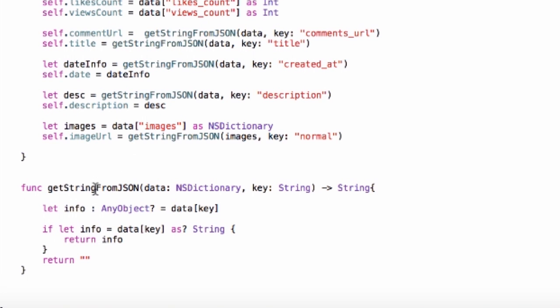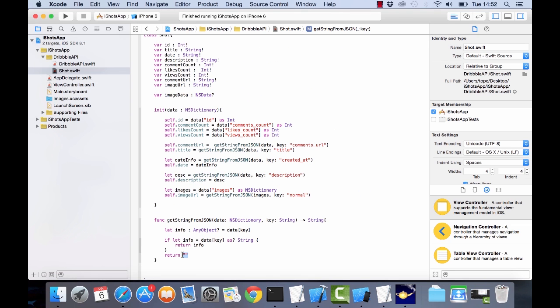So this is a simple helper method that actually goes into an NSDictionary. It checks using Swift, right? So it goes in here and checks if there's information in that key, right? So we're going to have a key. If there is information, it's going to return that. If not, it's going to return an empty string. There are other ways of doing this, but this is how I find the easiest way to deal with